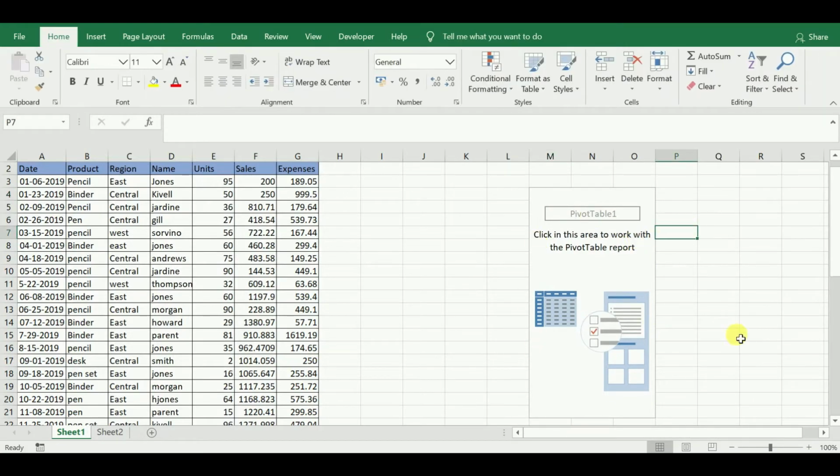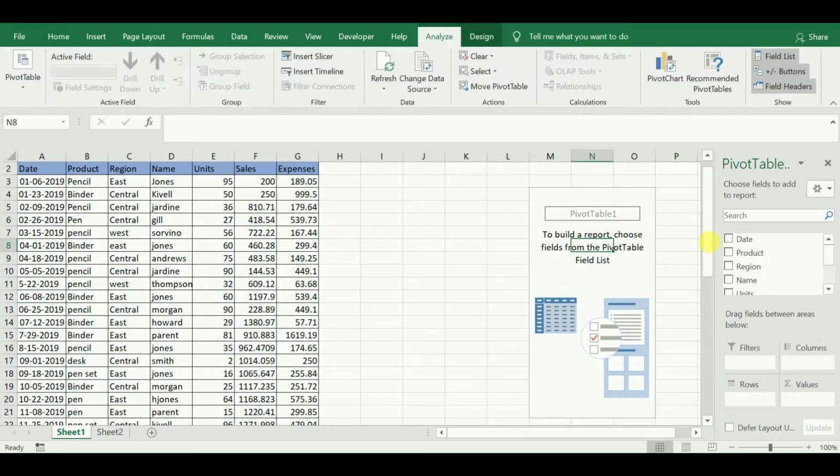So now if you see here, it is a blank pivot table which is empty. I have got one window, that is pivot table fields. What exactly fields means is, these are the names of the column headings.